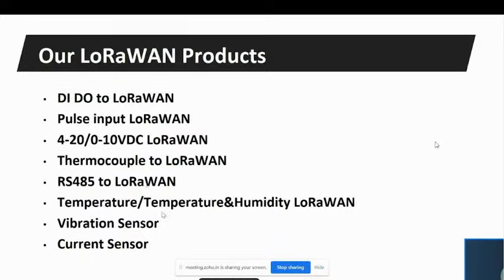We also provide temperature and humidity monitoring LoRaWAN node, which we can deploy. They are both battery powered as well as mains powered, so you can deploy and measure temperature, humidity, or individually temperature also. Then we are also working on vibration sensors. We are designing our own vibration sensors for LoRaWAN applications, which can be easily mounted on a motor or any asset, and can give us the valuable vibration data.